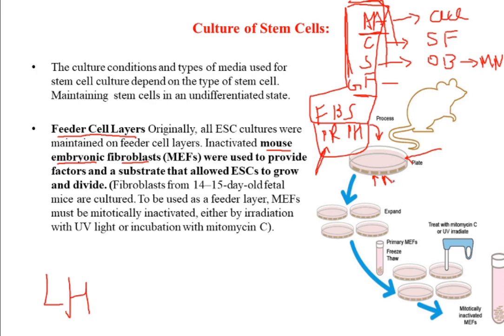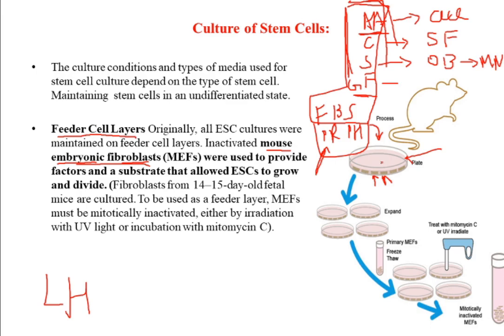Look at this. So first what you have done is you have synthesized or prepared the media, you have added that media into the Petri dish, and to that media you have added inactivated mouse embryonic fibroblast. As this media is a new source of nutrition, those fibroblasts will grow and form a colony.